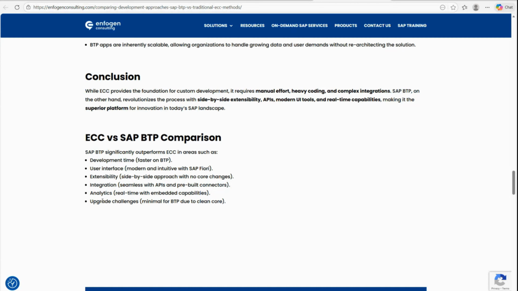Some points are mentioned here, like development time. Obviously, we know it's faster. Why is it faster? Because many built-in tools are available on the BTP, and much of the development is automated. For example, we can see no-code, low-code, SAP Build Work Zone, SAP Build Process Automation, and so on. So when we use that,